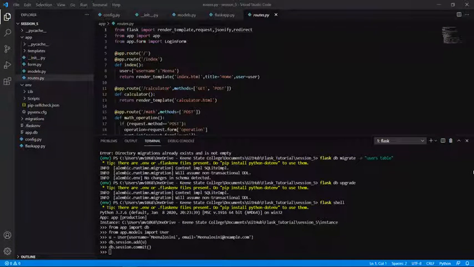So let's add one more row of data. Let's add one more user in our table.